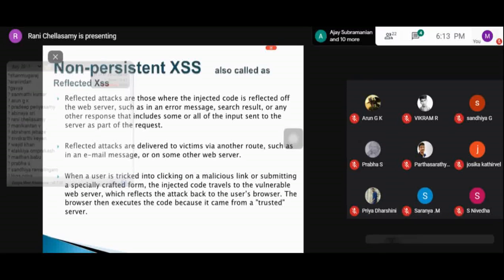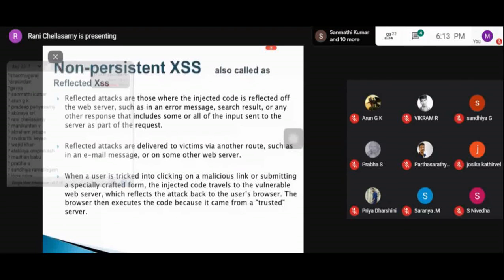There are three types. One is non-persistent attacks, the second is persistent attacks, and the third is DOM-based attacks. DOM is the document object model. First we'll see the non-persistent cross-site scripting attack. It is otherwise called reflected cross-site scripting.